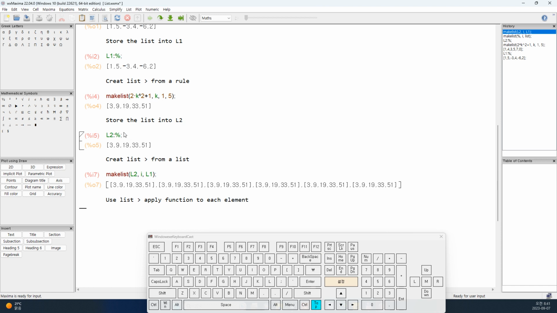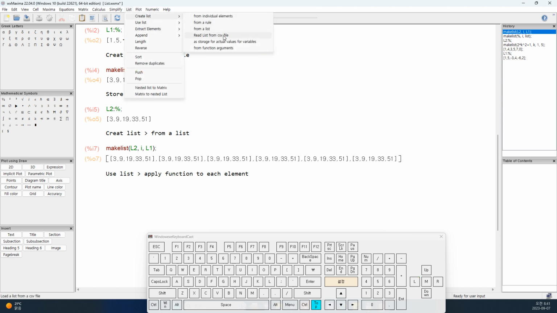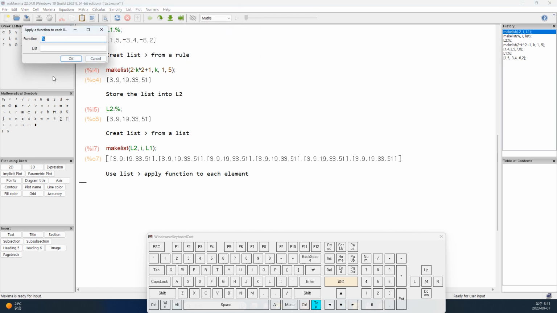Then we have under list, create list, read list, and these 3, I'm going to skip them. I couldn't find any way to operate them. And we're going to go to use list. This is the second entry here. Use list, and it has apply function to each element. So we go for that one, use list, apply function to each element, and that produces an entry form